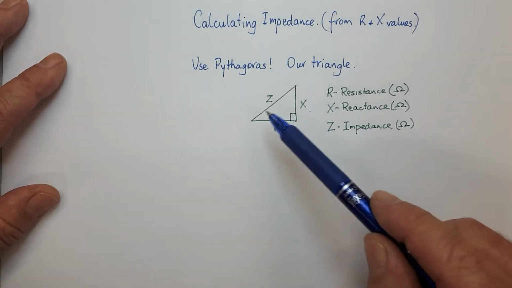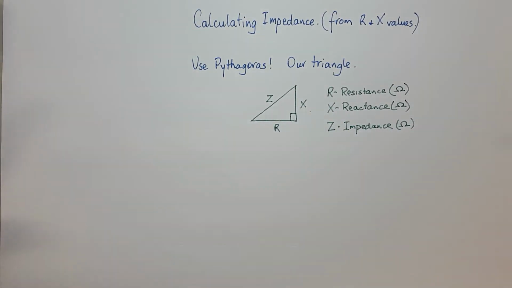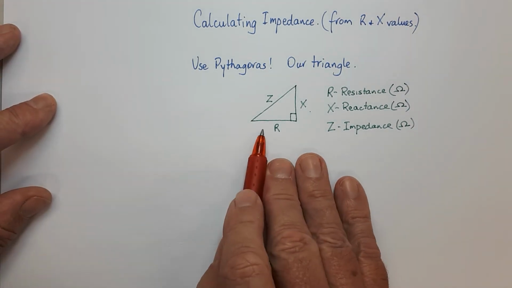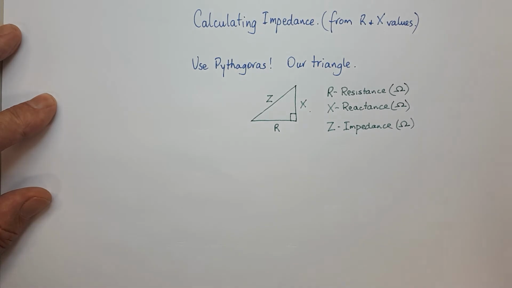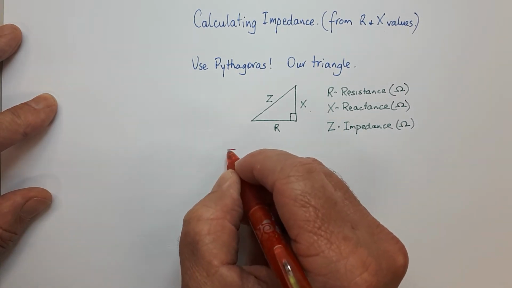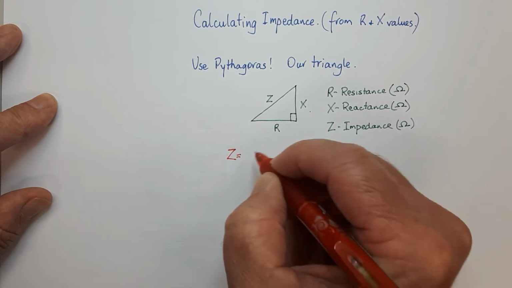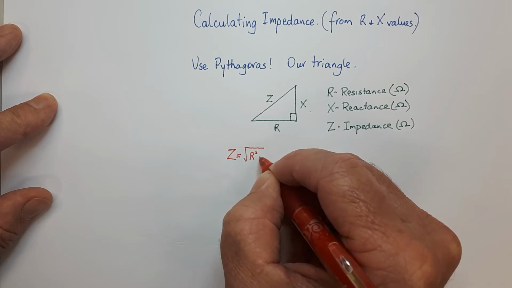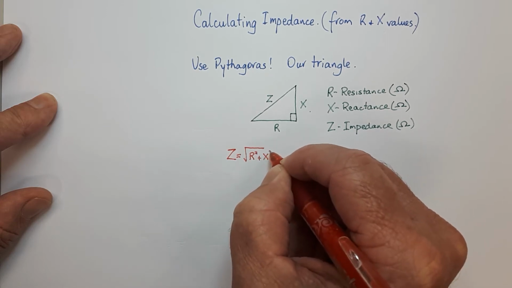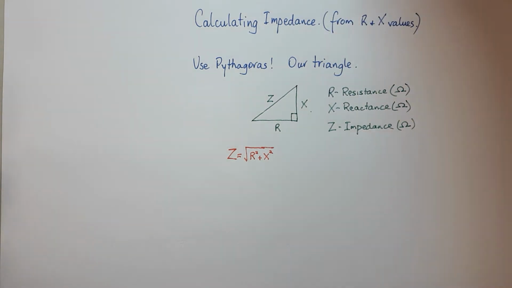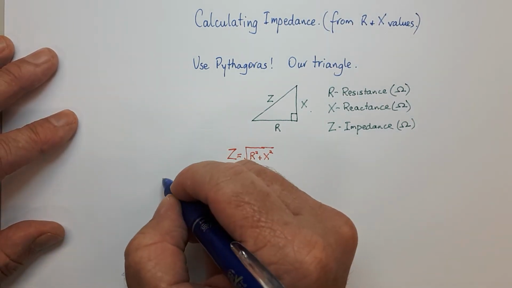Well, then you actually have to find out the impedance, and it's just a matter of using Pythagoras. So some of you will remember that that's our triangle there. And of course Z, so impedance in this case, is just the square root of R squared plus X squared. Not particularly difficult, but let's say we had a